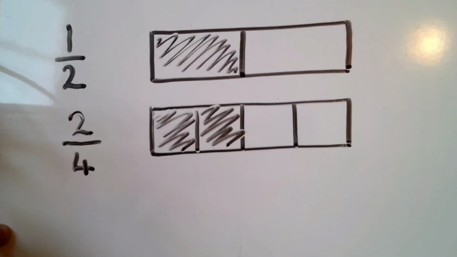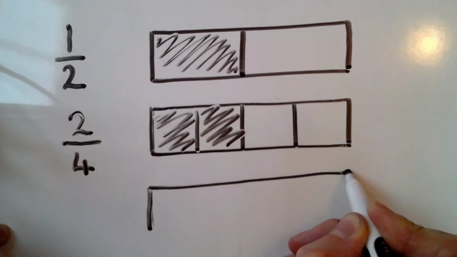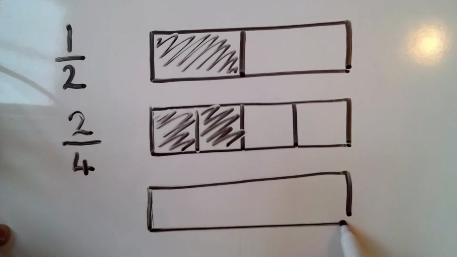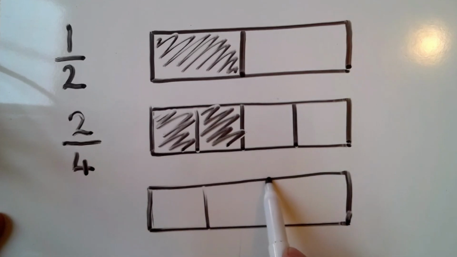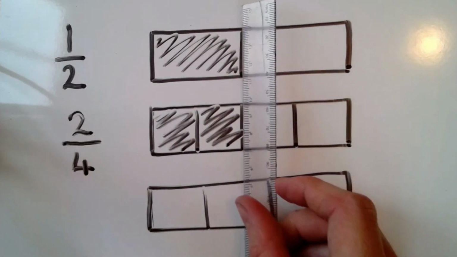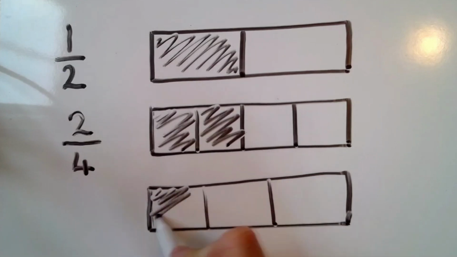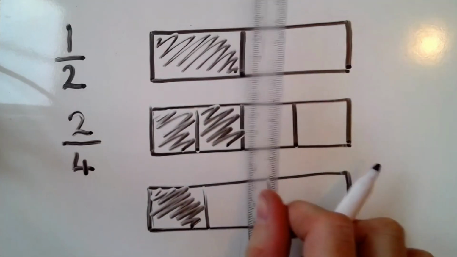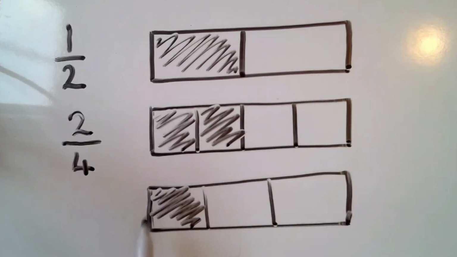Okay. If we have a look at a different one, again, using the same whole, we'll have a look at now something that isn't equivalent. So if my whole there is chopped up into 3 equal pieces, you can see that actually, it isn't equivalent, because even if I shaded in that one, it still wouldn't be equivalent to those fractions above. It doesn't take up the same amount of space